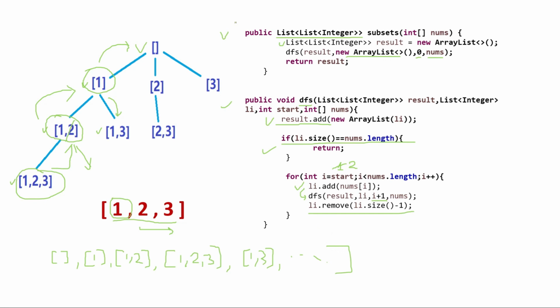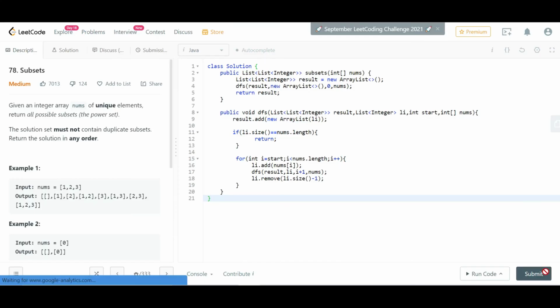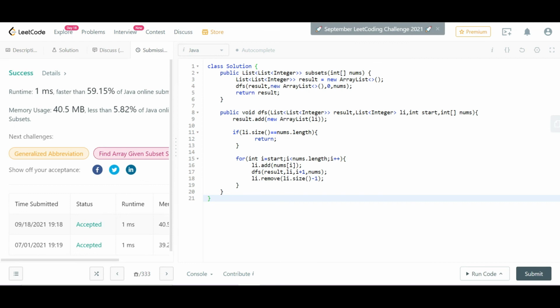If you go through this program and this diagram side by side, you will understand how it is working. I know that recursion is hard to visualize in our mind, but if you do it slowly, you will become familiar with how to use backtracking, because this whole series consists of this kind of videos. Now I will submit this program in LeetCode and run. Now if we submit this program, it is working. Thanks for watching.